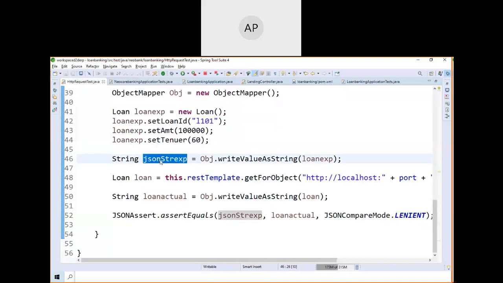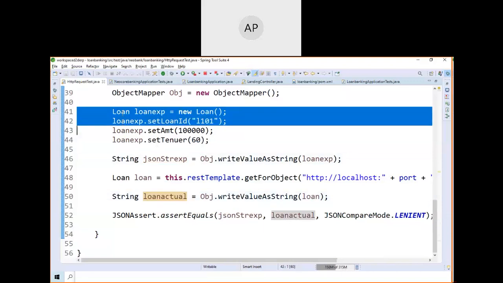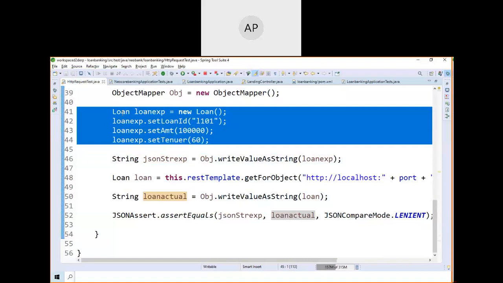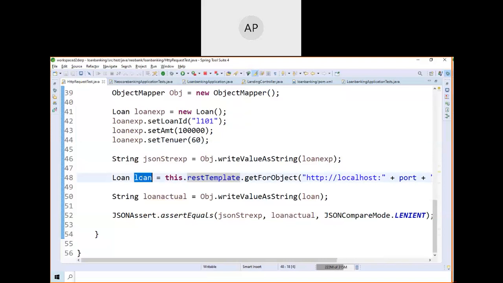And before that, I am creating an object here. I created an object, I populated all the values, and then I am also creating one JSON string. I am checking whether this JSON string is equal to this JSON string. This is a hard-coded value, which I am expecting, the value of this object, and the value of whatever is inside this from the REST API. When I call this, our REST API returns the loan object. So I want to check whether both object contents are the same or not. So I'm using JSONAssert assertEquals here, getObject, and we can use this.